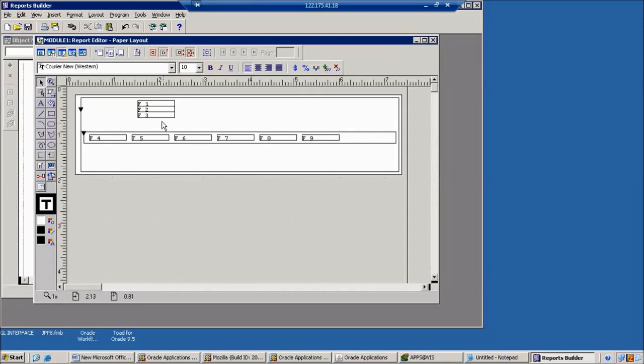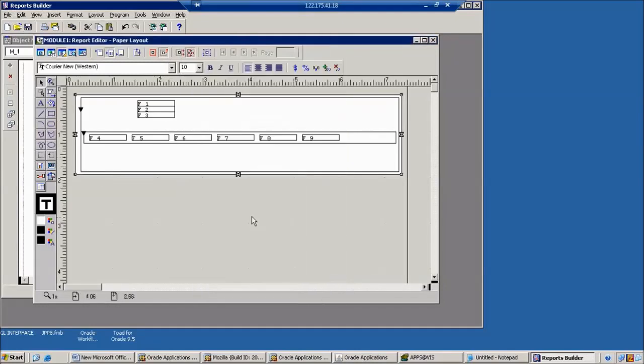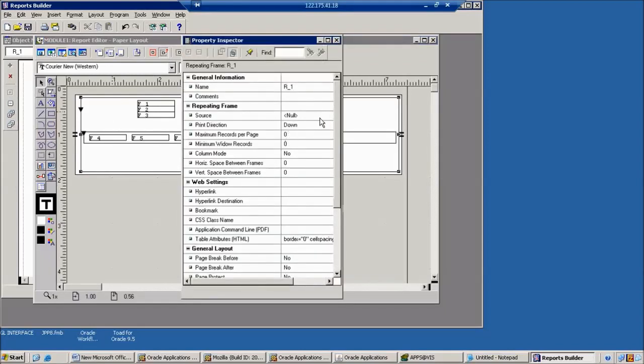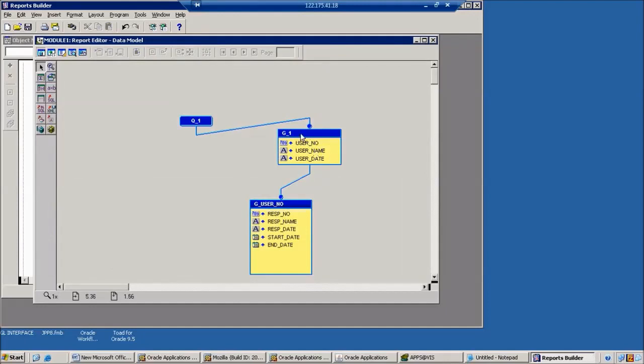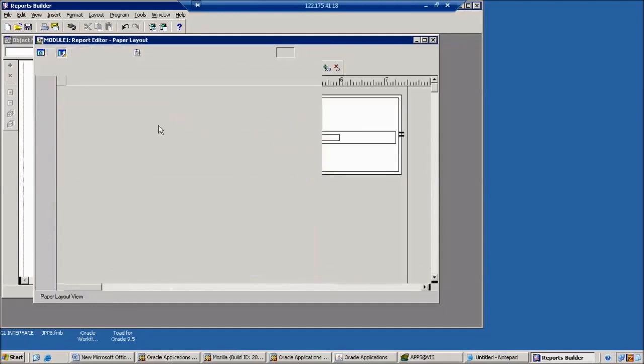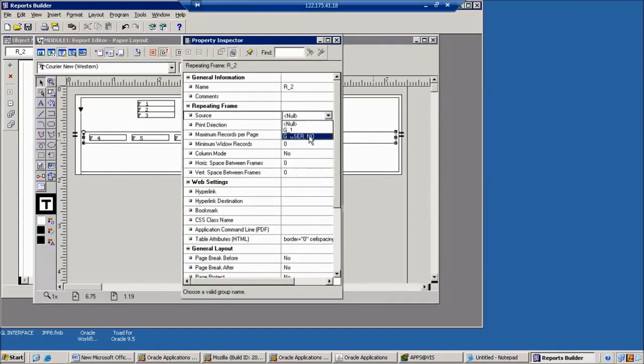Next we can set the sources. This is the main frame. Better to expand the frame and go to the first repeating frame. Here we give the source as G1 or user number. Observe this one, G1. Then go to the second repeating frame and give the source as user number.